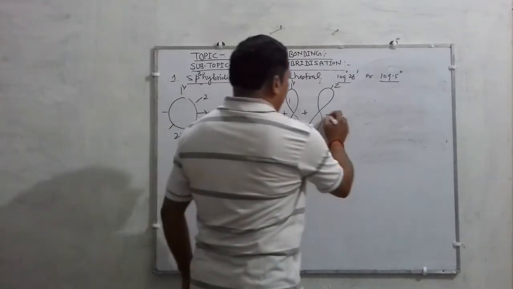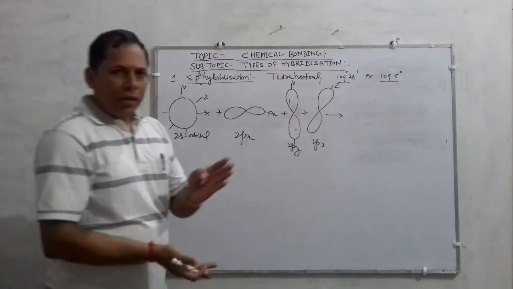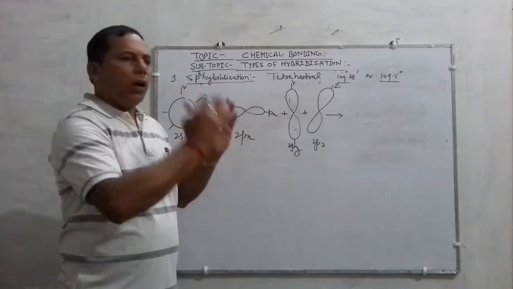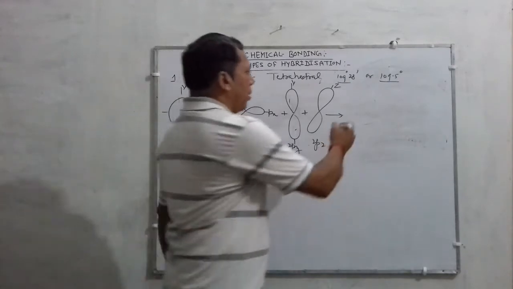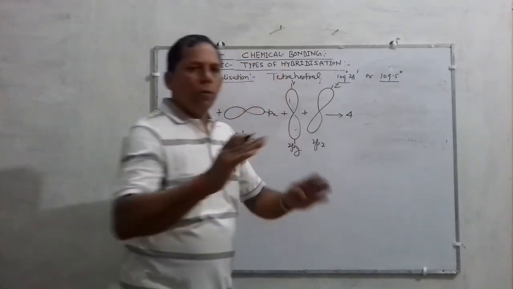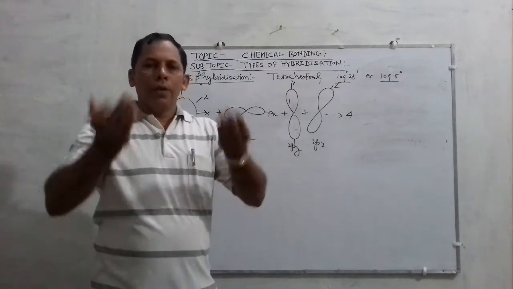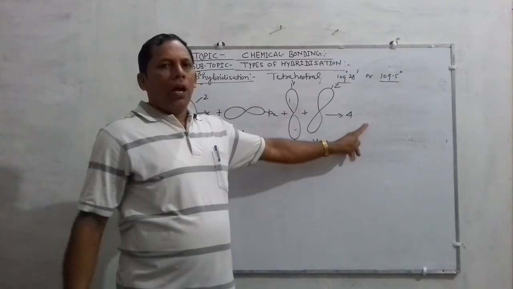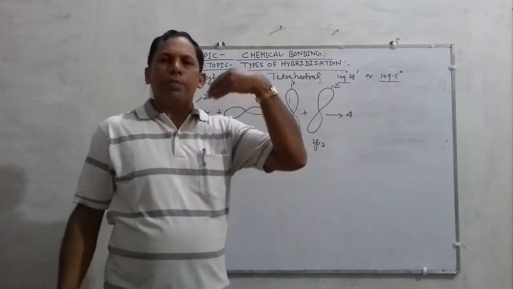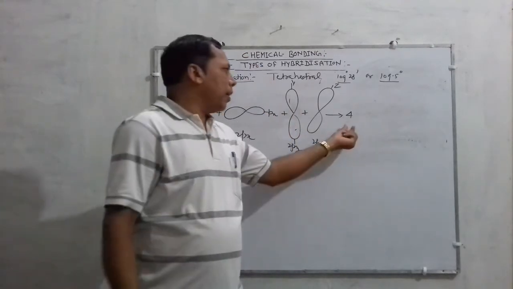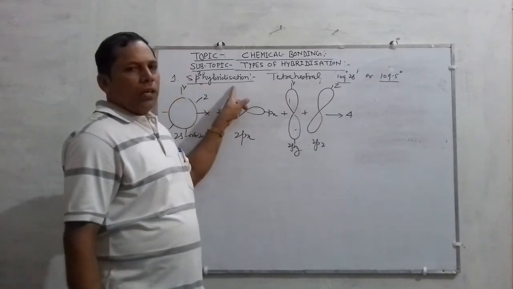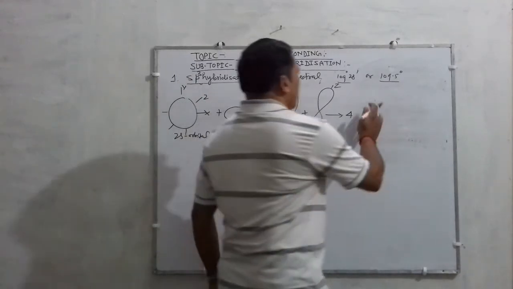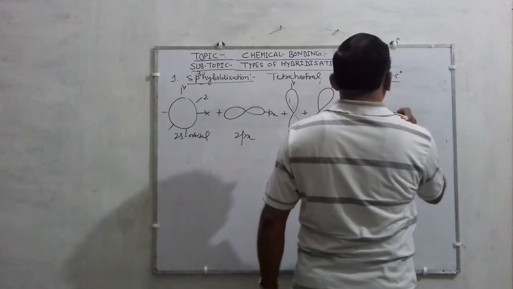When they get mixed, that is hybridization, the mixing of orbitals, it results in the formation of 4 new orbitals of equivalent energy. Those orbitals are called 4 sp3 hybrid orbitals, and the phenomenon is termed sp3 hybridization. So this will form as